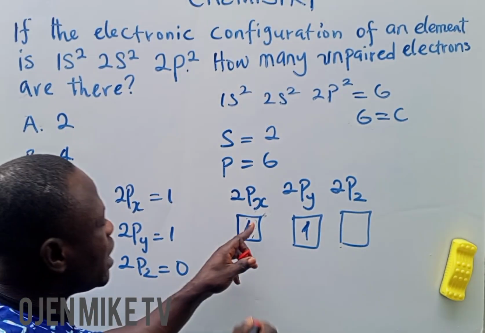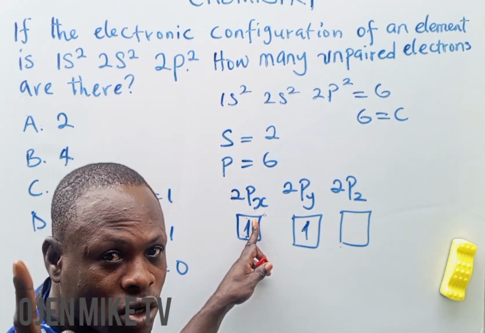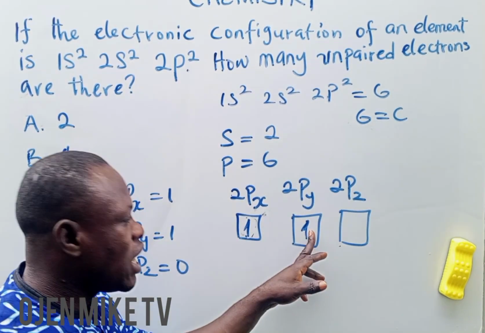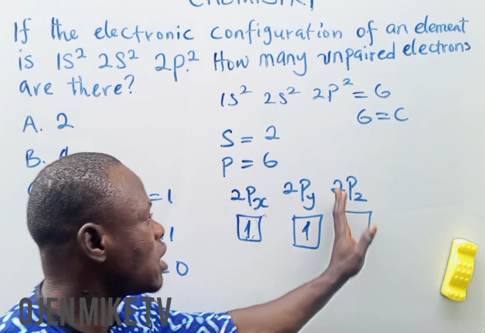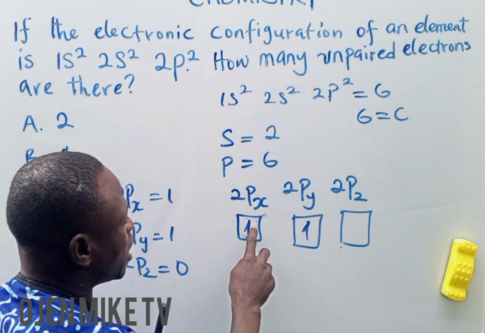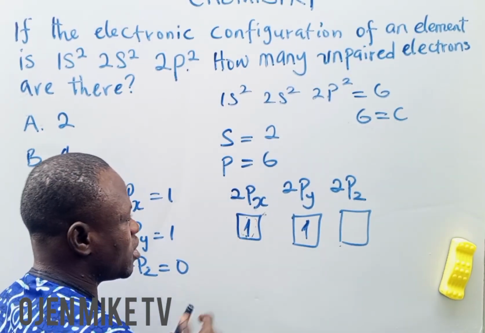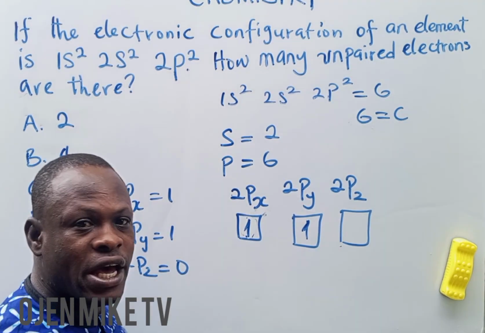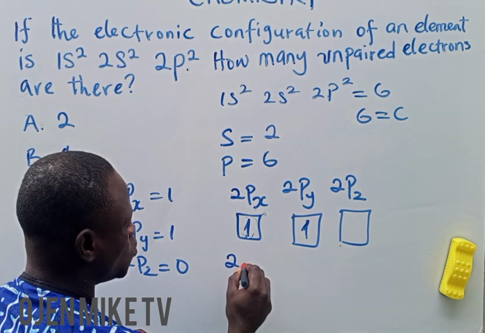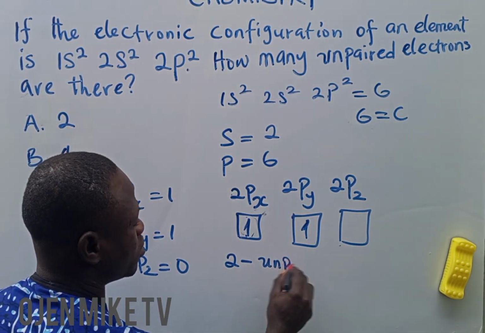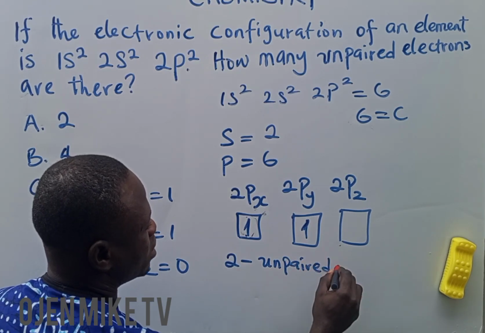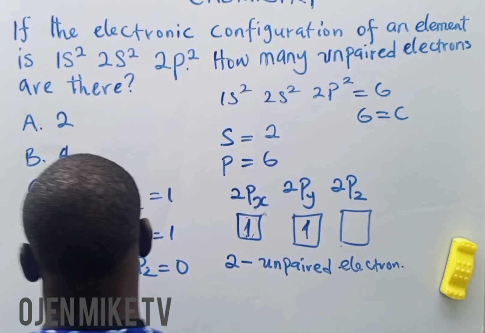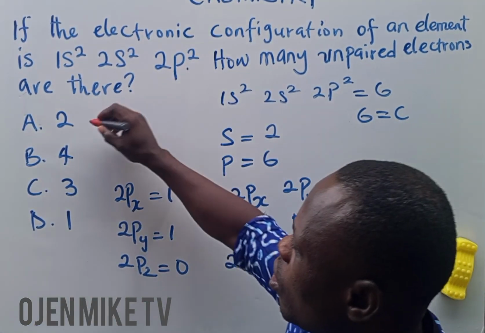So how many are left to fill this one? 1. How many are left to fill this one? 1. We are only looking at the ones that are left to fill. This one is nothing, so we are not considering it. So there are 2 unpaired electrons. So our correct answer is option